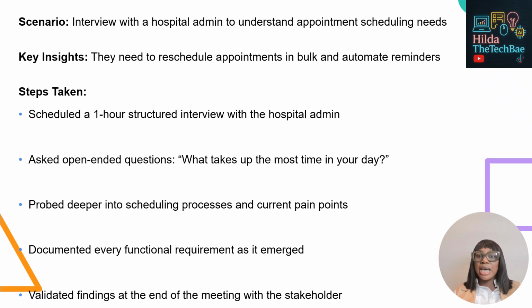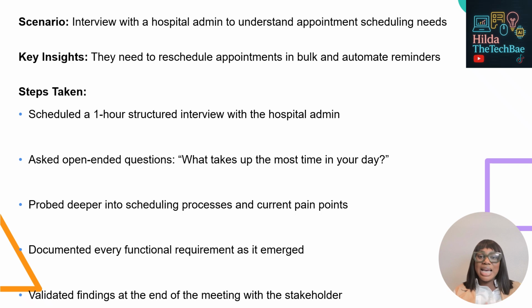From this, I was able to uncover that they were manually rescheduling dozens of appointments each week and often forgot to send reminders to patients. So I took note of these pain points and then converted them into requirements for bulk rescheduling and automated appointment